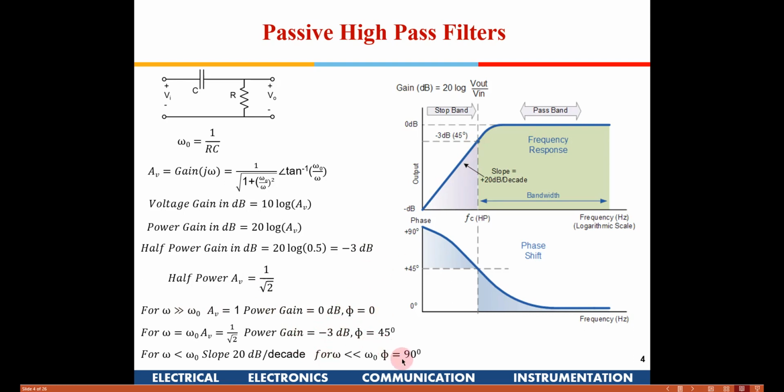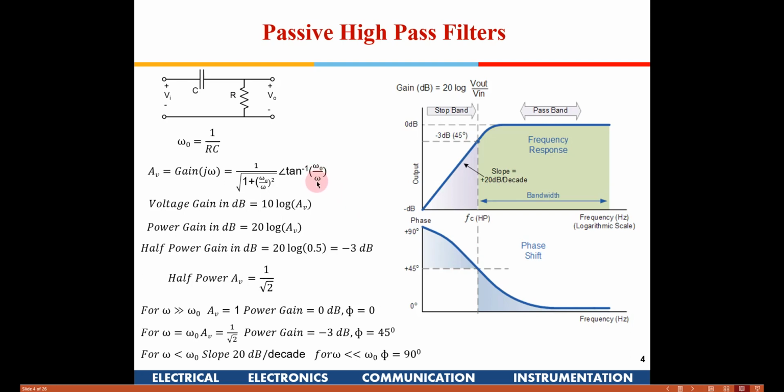Now if I talk about the phase angles here, at very high frequencies, this is going to be 1 divided by 1. This is going to be negligible, so it is tan inverse of omega by omega 0, which will come out to be infinity. At omega very large, infinity, so that is going to be 90 degrees. Similarly, for the cutoff frequency, where omega 0 is equal to omega, this becomes tan inverse 1, which is 45. So this is 45.